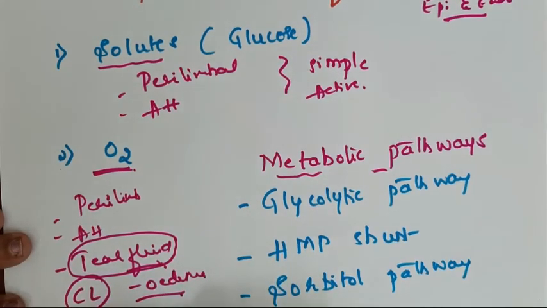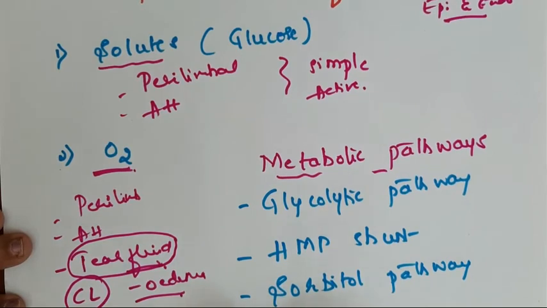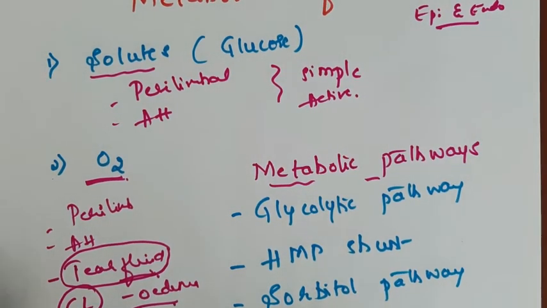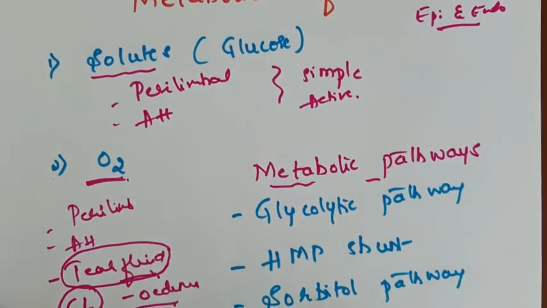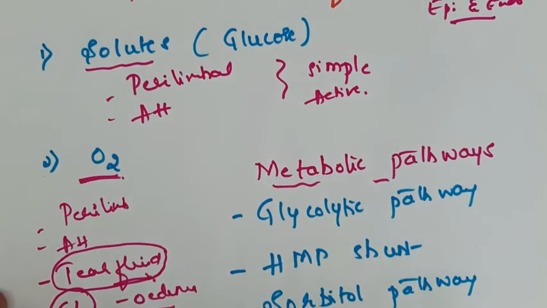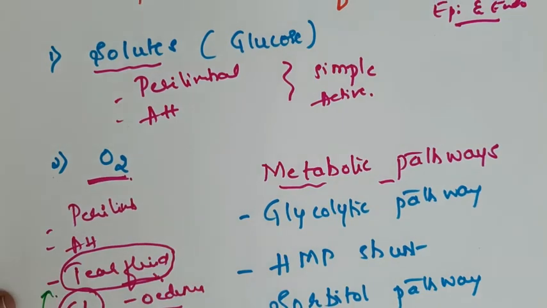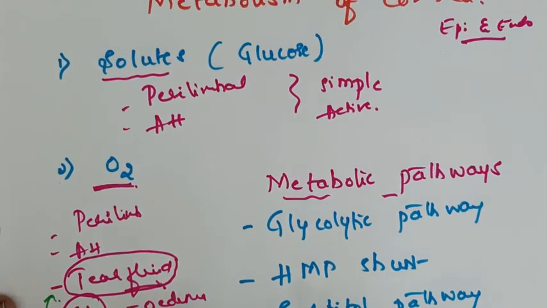Coming to the epithelium and the endothelium. Endothelium needs both oxygen and glucose for its metabolism. Whereas the epithelium can metabolize glucose without oxygen also, that is, both aerobically and anaerobically the glucose is metabolized. So in a hypoxic situation there are chances of accumulation of lactic acid, produced from the anaerobic pathway. So there are chances of accumulation of lactic acid whenever the epithelium is deprived of oxygen. As I told, in the contact lens user, this is the reason for the corneal edema. Okay, so this is about the metabolism of the cornea.